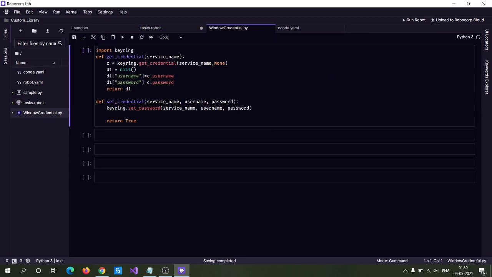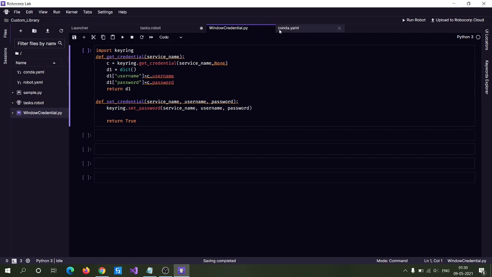Now you can use the functions that are present in the library. In this library there are two functions, one is get credential and the next is set credential. Get credential helps to retrieve the credential data from the Windows Credential Manager by providing the service name of the particular credential, and set credential helps to set a particular credential.